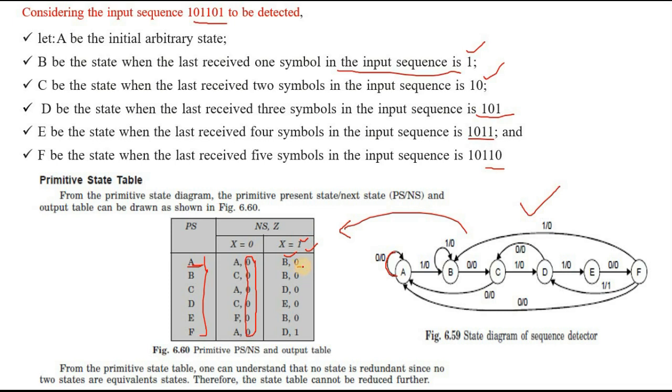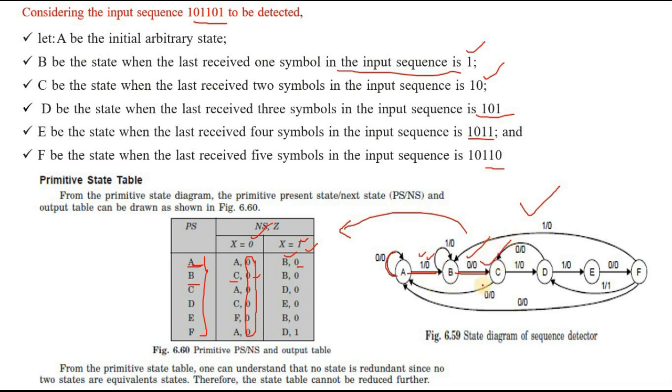So A goes to B with input 1, output 0. Next come to B. What is the input? B goes to C with input 0, with output 0. So likewise the entire table